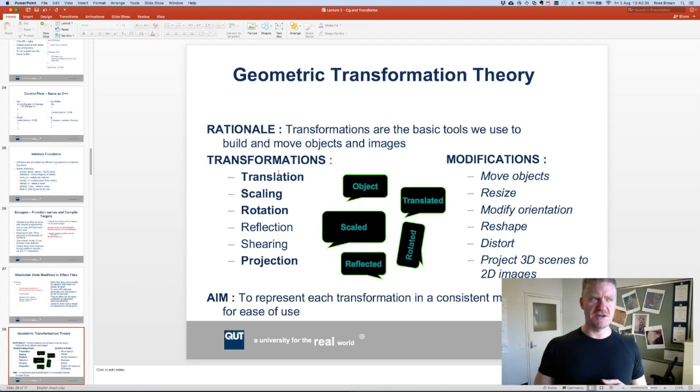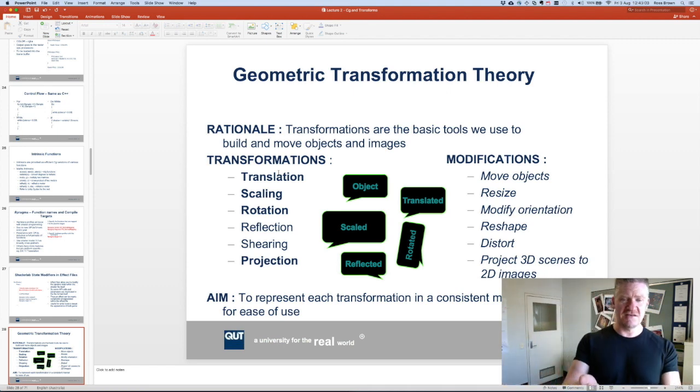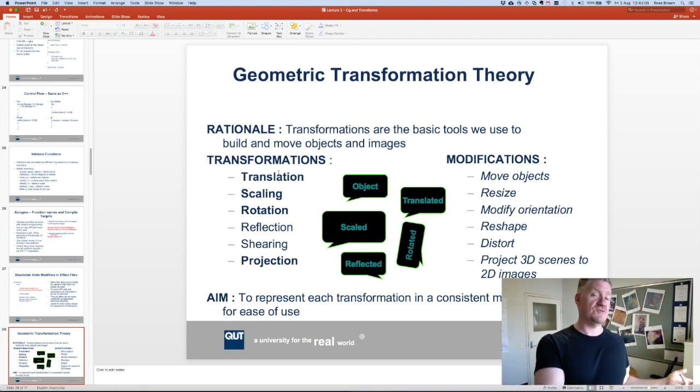I cover reflection in a certain manner later on in the unit, not as a fundamental transform. I don't do shearing, I don't think, in this lecture, but I cover projection. So that's also a useful one that's coming up. So you can just be aware of how projection fits into the whole transform pipeline you use in your computer graphics system. And all of these appear and can be manipulated, as I showed you last week with